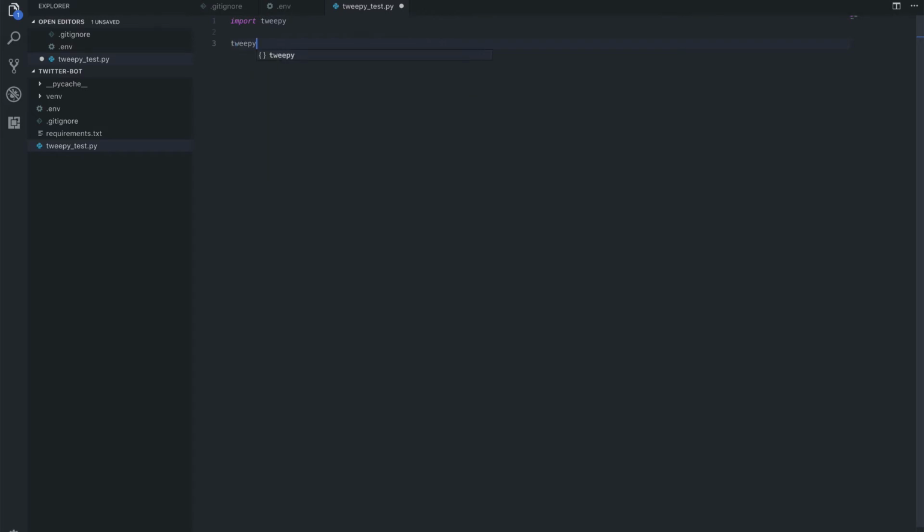So here we would call tweepy.OAuthHandler, and this is where we would put in our consumer key and our consumer secret. And we also need to set the access token. And again, this is where we would add in our access token and our access token secret. And let's actually set this to a variable auth, and then we can call the auth to set the access